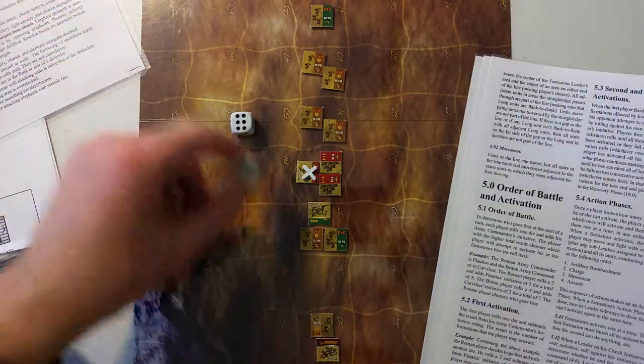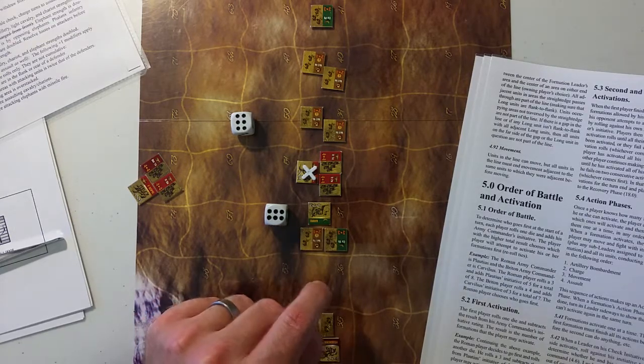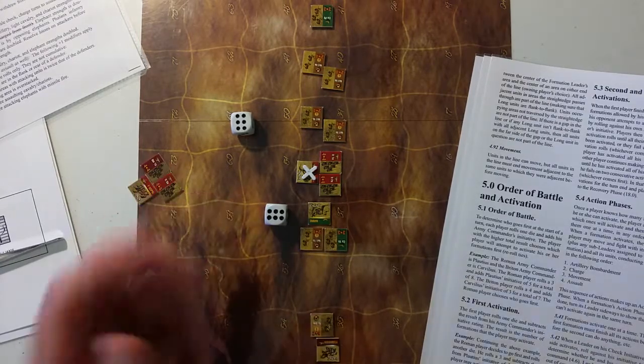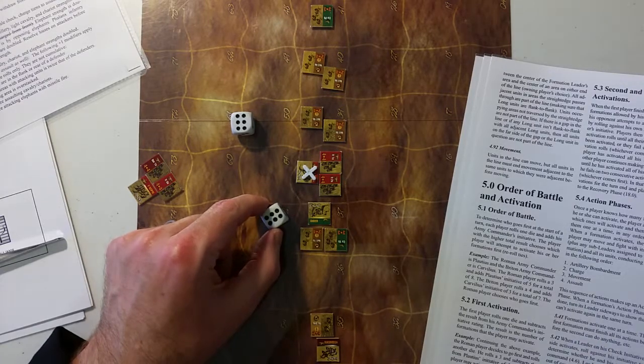Ooh, and he rolls a 6. See, Hanno has an initiative of 3. He rolled a 6, well over. So if the result is greater than the army commander's initiative, the player may activate no formations. The enemy player rolls to activate instead. So I guess that does mean...